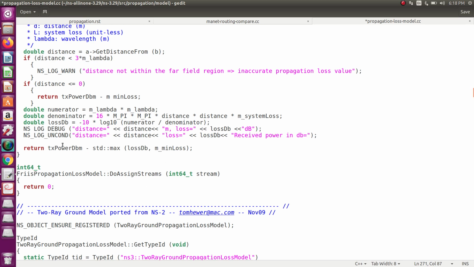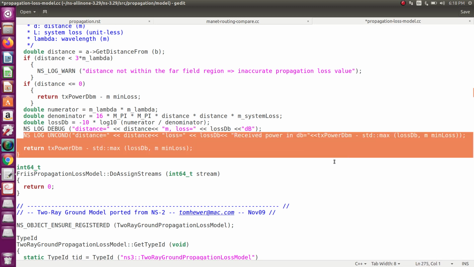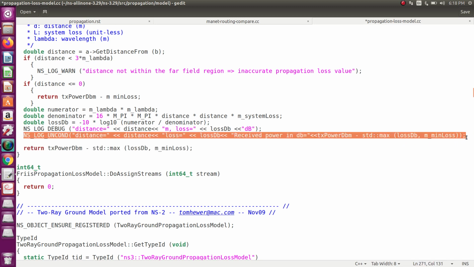So you paste this line. Okay, so I added only one line, this output printing line, in your propagation loss model.cc. Just kindly save this file.